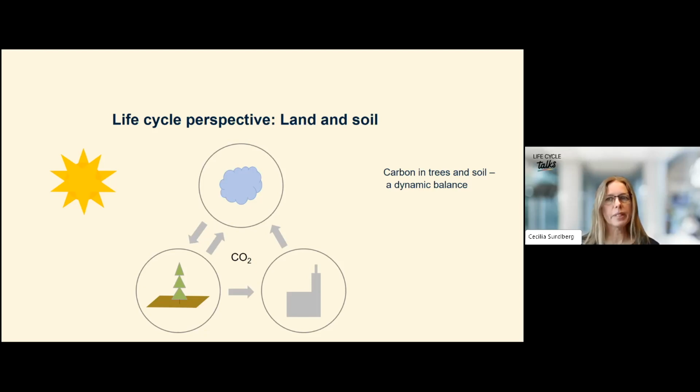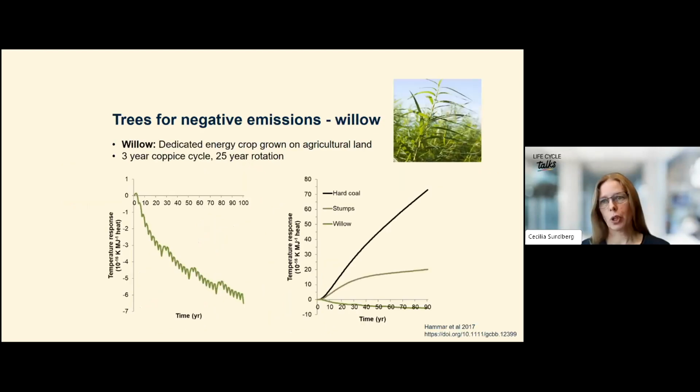So it's a temporary carbon storage, but still we have so many trees, forests and soils on the planet, so this does have an impact and it's meaningful on the planetary scale. But we're also interested in this from a production system perspective. And there I will just show one example of growing energy forests on agricultural land.